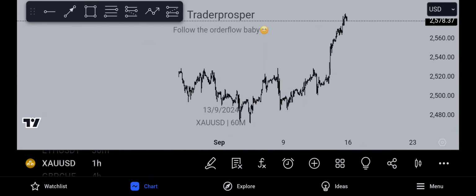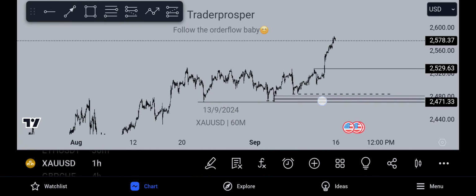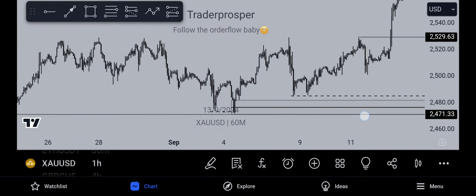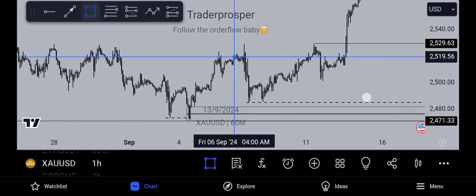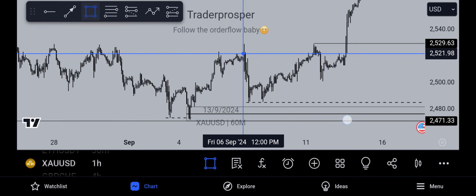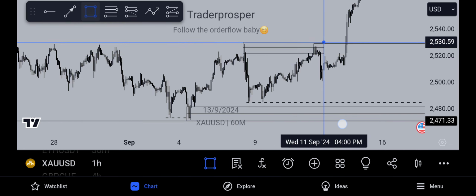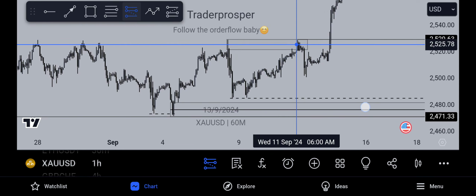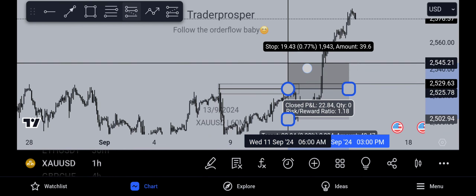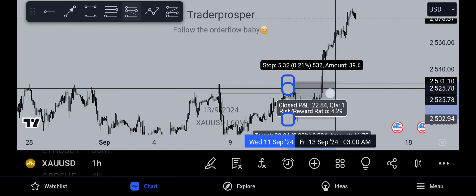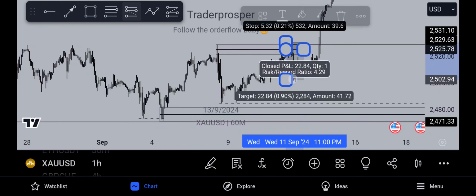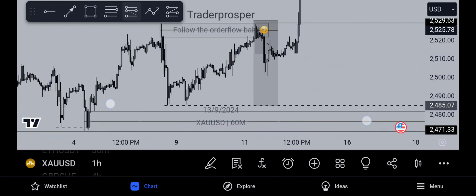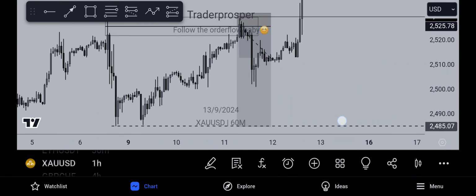Then on gold, there was nothing much I had on gold. From last week, I told you guys that if gold is coming to this high, we'll be selling from that high, right? And then I took a sell from here. 50% of that block of that guy. And I was expecting all these lows to go,